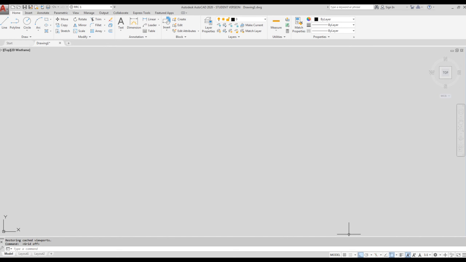A much more useful tool is the one next door, which is the polar tracking. Polar tracking allows us not only to create perfectly horizontal and vertical lines, but also anything in between. It is highly customizable and highly useful. We also have object tracking, or object snap tracking, which is a method of ensuring that all our geometry is level and within a collinear or a set